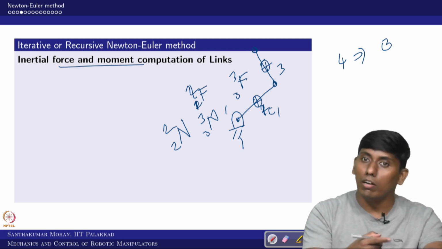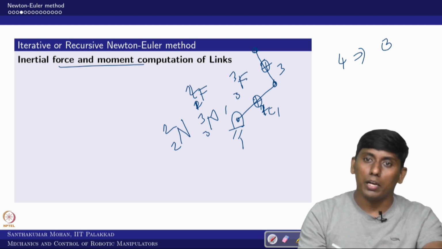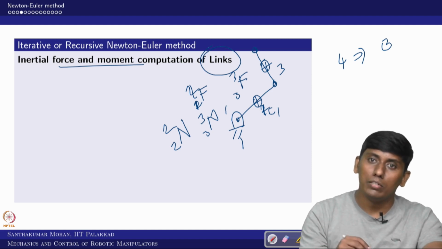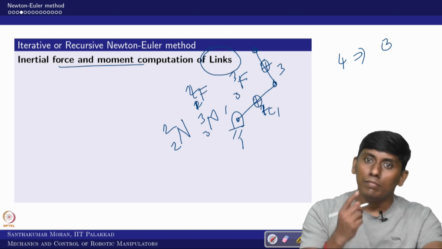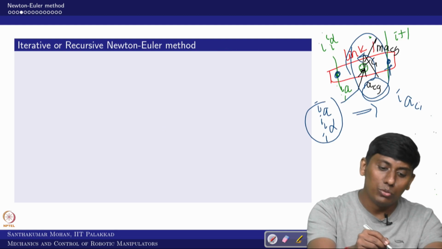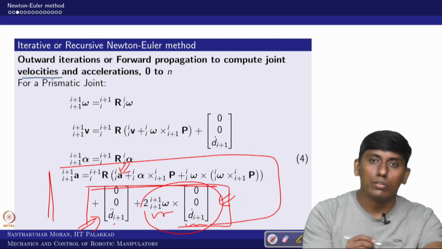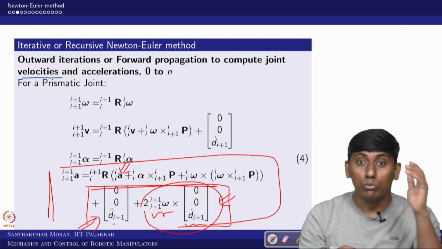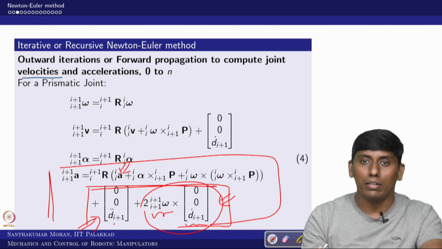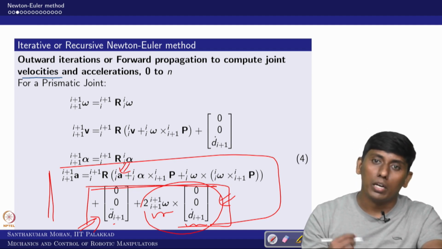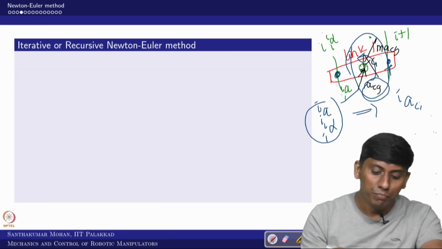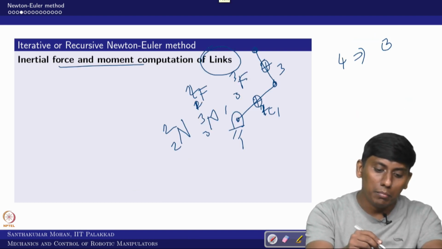This notation is about the representation, or how you are approaching it, but otherwise one is supposed to know we are calculating inertia forces and moments of a link, where the accelerations we calculated till the previous slide are of the joints, right. So, this is the joint velocity and acceleration, because several times students get confused. Why are you calculating one more velocity or one more acceleration additionally? This is just because you have a link which consists of 2 joints, okay. That is the idea. We will see it in an example which will be very clear to you.